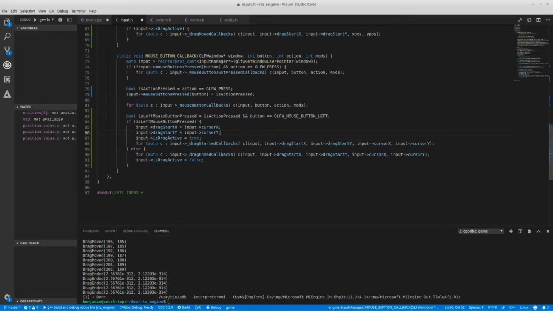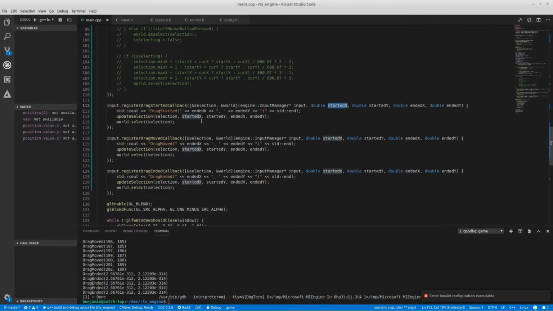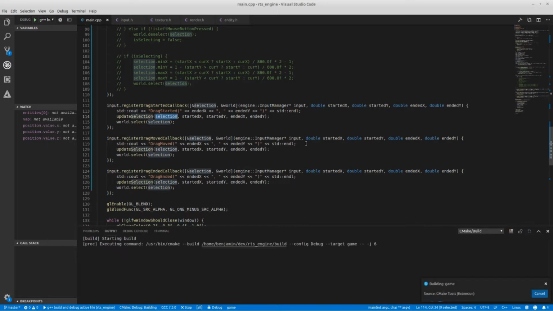Yeah, it makes sense. You do the callback. Drag is currently active, and then you do the callback. It's still active, and then it's inactive. But yeah. So this first method will get started x and ended x will be the same, started y and ended y will be the same. So essentially this selection will just cover nothing. And let's just see how it works, because if this does the thing I think it's going to do,